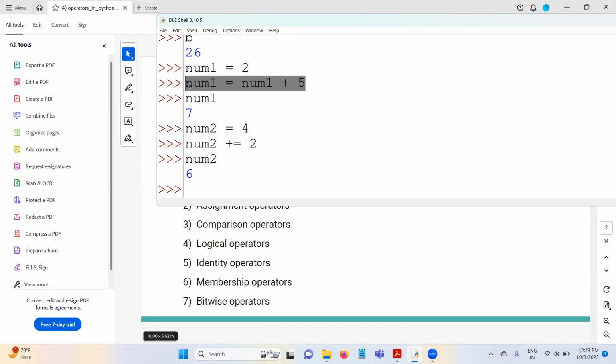I'm expecting some answer here. Is it the same thing or not? Yes. Same, right? So basically, this statement is equal to this statement internally, but this is the shortcut way of doing things like this. So like this, let's do some examples on